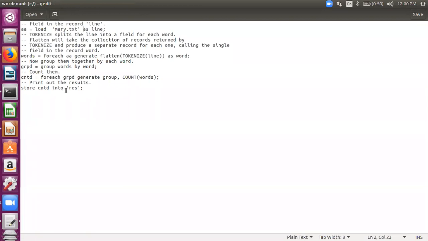And store the results in A111. Now you see this is in the local file system. I'm not using HDFS for it. This is my pig script. That's why I don't mention any path here, because if it is HDFS, it should begin with a slash.